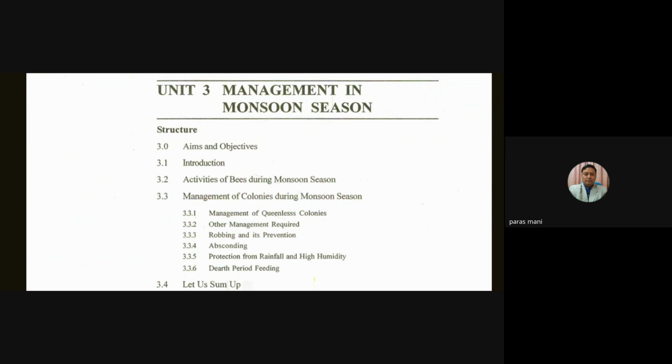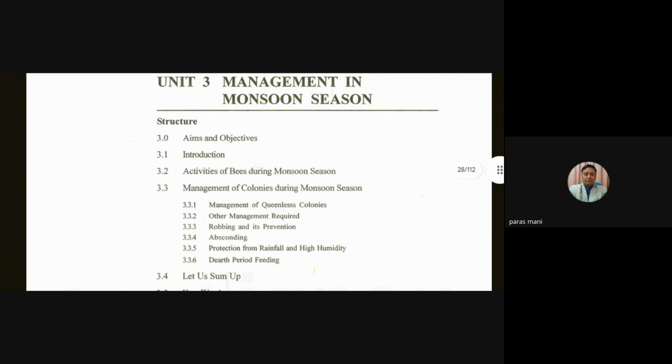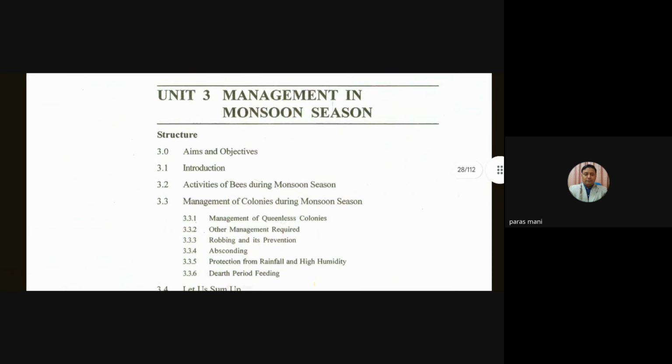Shall we move to the management in summer, monsoon season? Yeah, after summer season is over, usually that will be the honey flow season. In early summer and in late summer also, there will be honey flow. That will be honey flow season, major and minor honey flow season. And after that, when the monsoon season starts, there will be